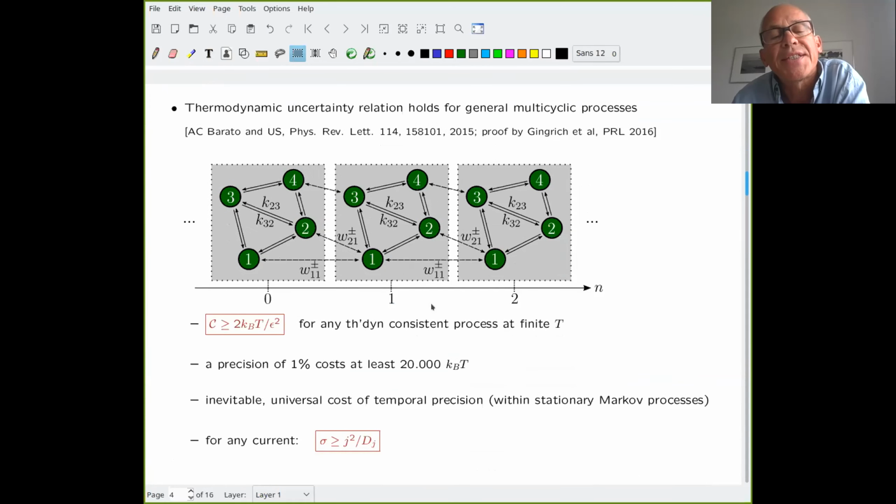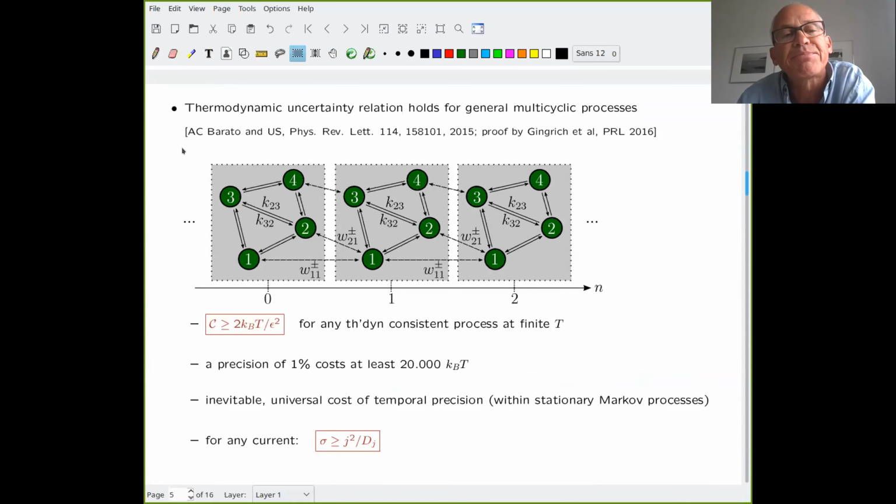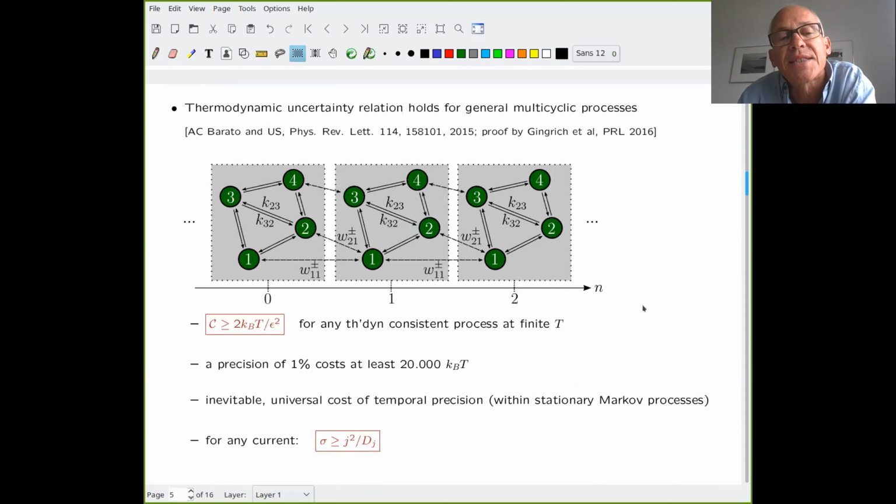So the idea is you could say, okay, this is certainly a bad watch, but we need some error correction, we need some feedback. Swiss watches are much more elaborate. So we started looking at more complicated wired watches. And it turned out numerically and in a lot of limiting cases that this red box, this relation between cost